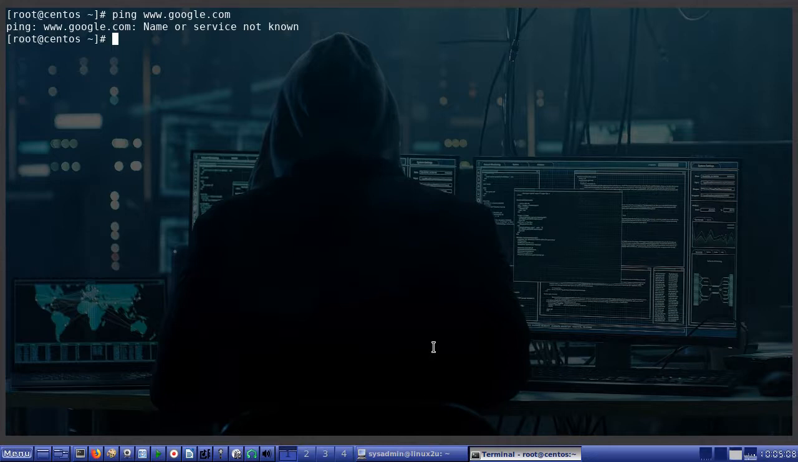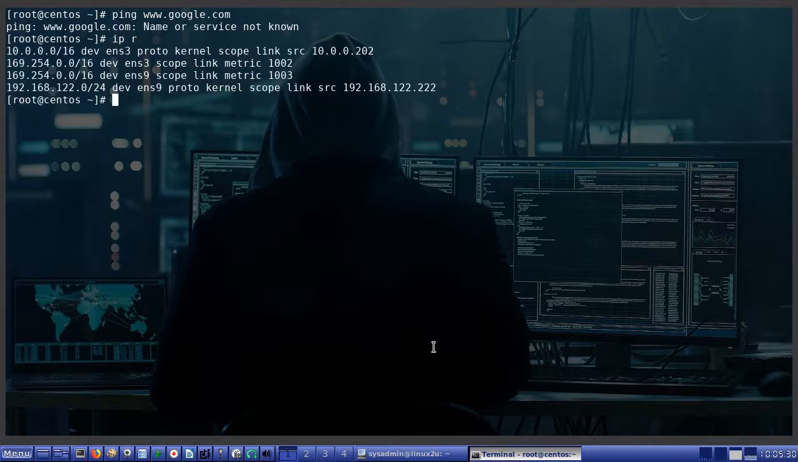Why am I showing you this? This is because I think it's very good to know about these errors. We don't have routing right now, and this machine doesn't know how to connect. So we must specify our routing. We can do it only temporarily. ip route add default